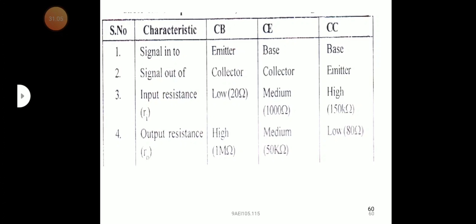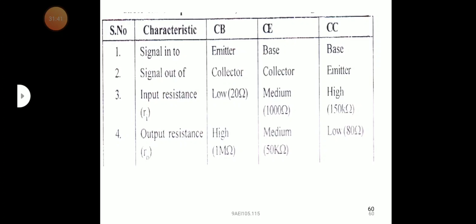How is it converting? The DC energy that we apply as biasing is imparted to our input AC signal. So the AC signal takes the DC and strengthens the signal strength. It makes the weak signal into a strong signal. For that purpose, we need the voltage gain to be high, current gain to be high, and overall power gain also to be high.